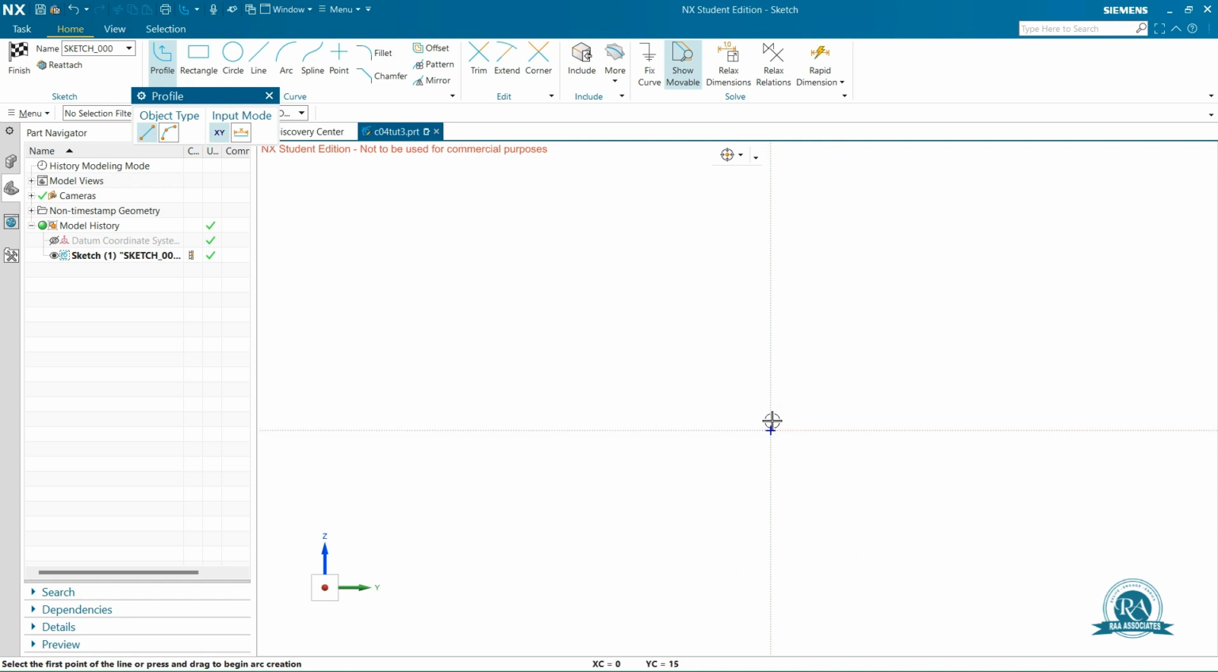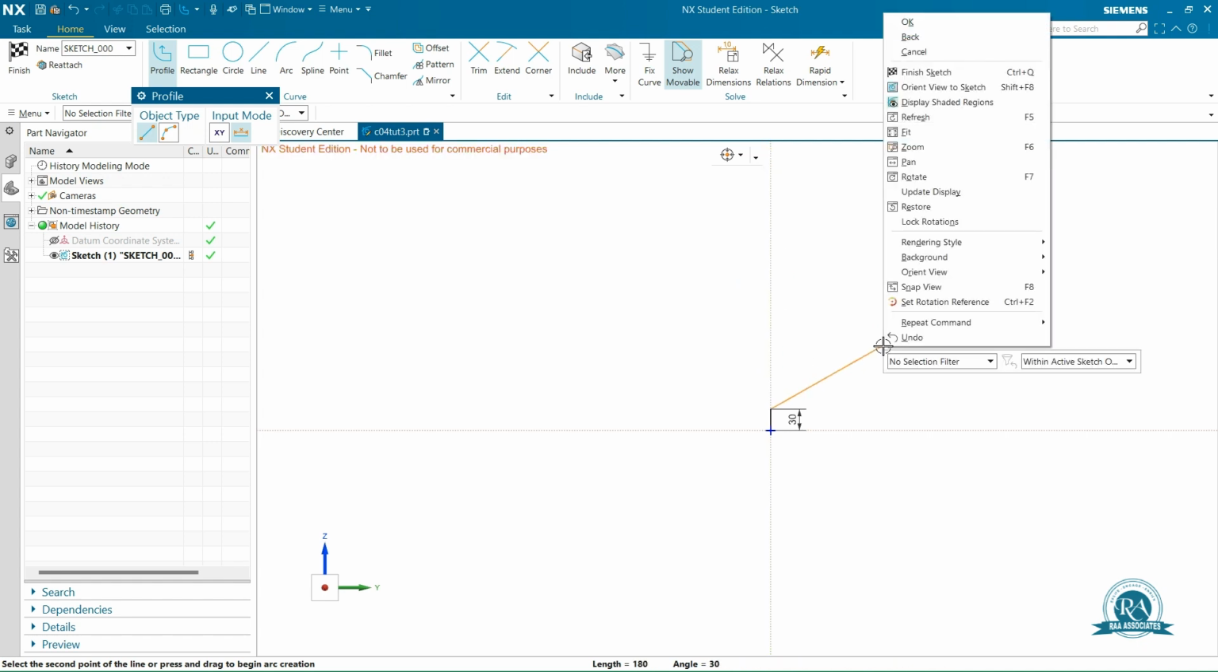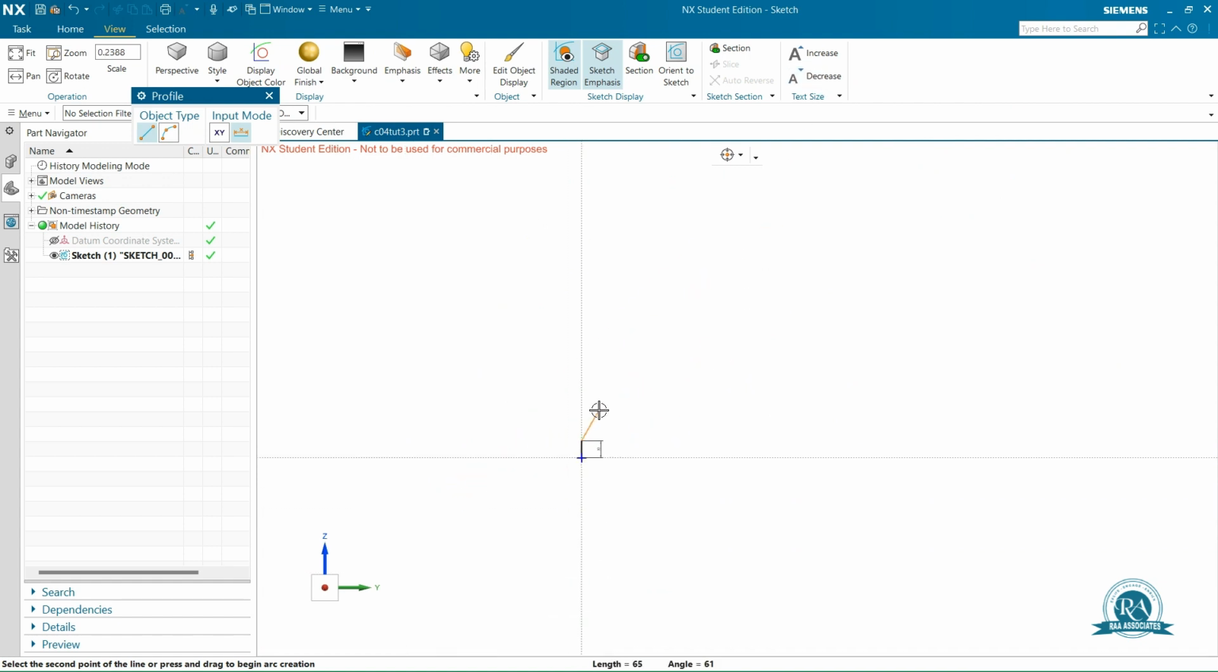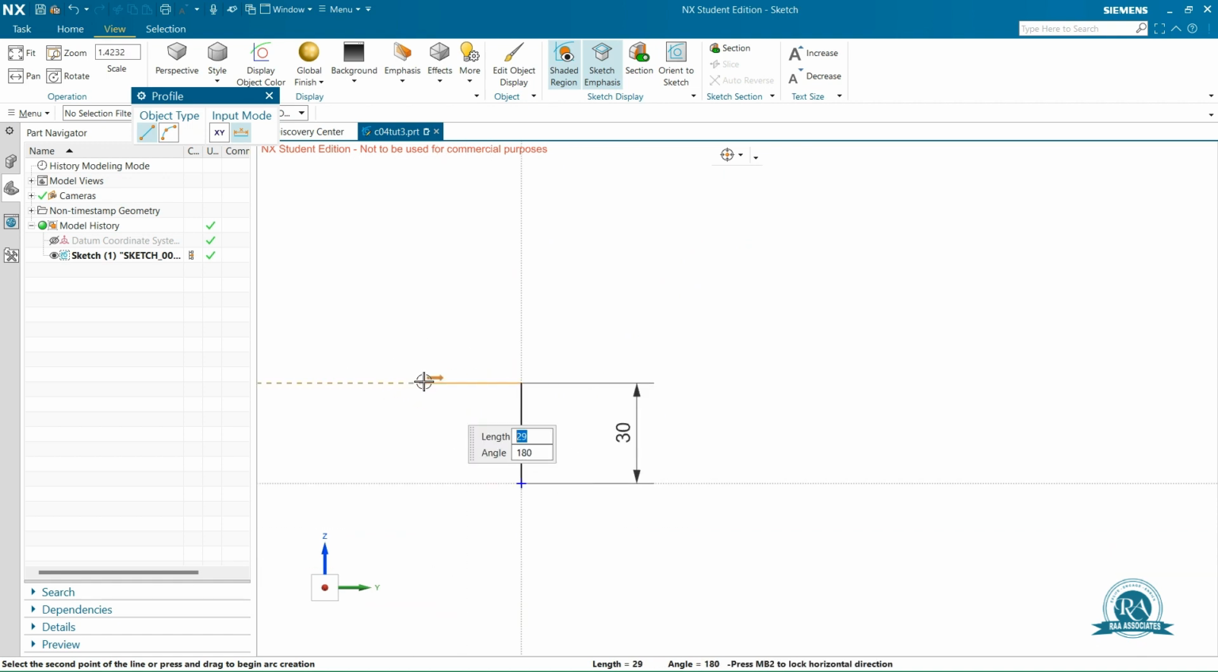Select profile tool, 30 mm length, 30 mm as the length, angle 180, 5 mm length, angle 270, 60 mm length, angle 0,